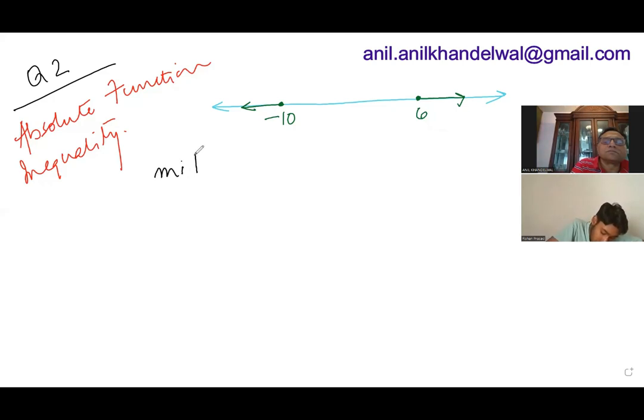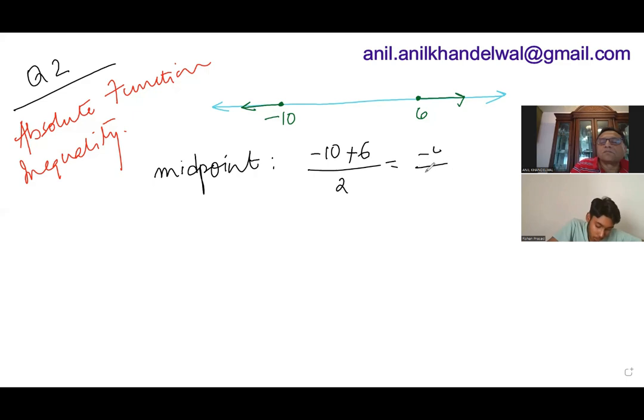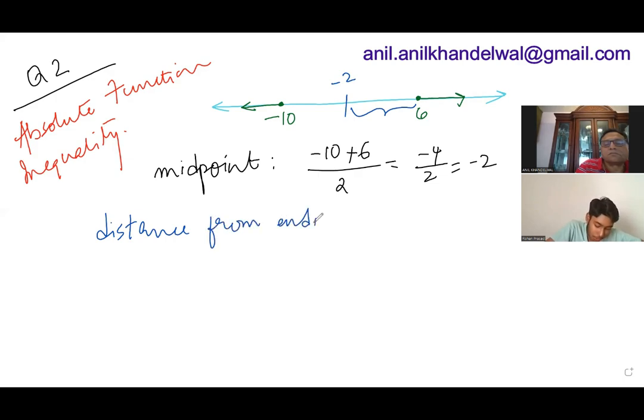So if negative 2 is somewhere right around here, what we can do is, it would just be x plus 2 greater than or equal to 8, because the distance from 6 to negative 2 is 8, and the distance from negative 10 to negative 2 is 8. Correct. So the absolute value inequality will be